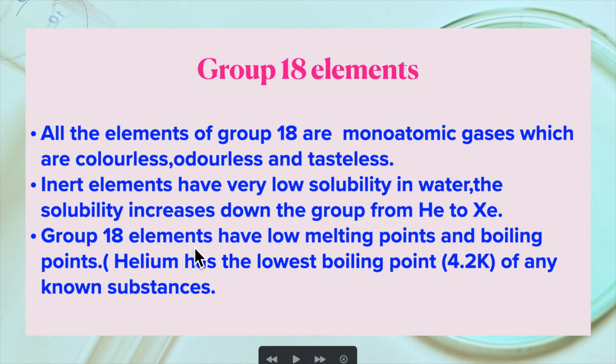These are the physical properties of group 16, 17, and 18 elements that we have considered. Now, remember that the first member of a group usually differs in properties from the rest of the members of the group, which is called anomalous behavior. In the next video, we shall consider the anomalous behavior of oxygen and fluorine.